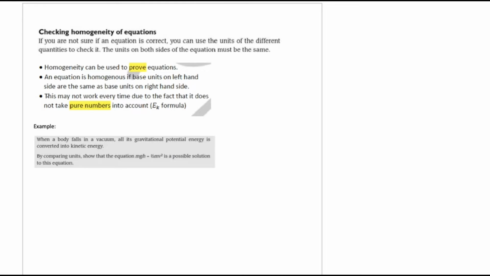This may not work every time, because it does not take pure numbers into account. Checking homogeneity doesn't mean that the equation is always correct, because we don't take pure numbers into account. So for example, kinetic energy. Let's try to write it here. Kinetic energy, the formula is 1/2